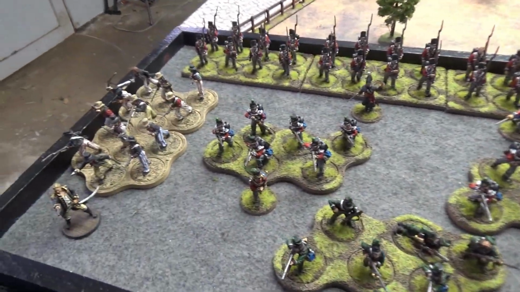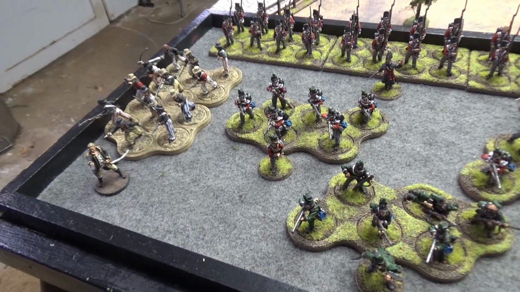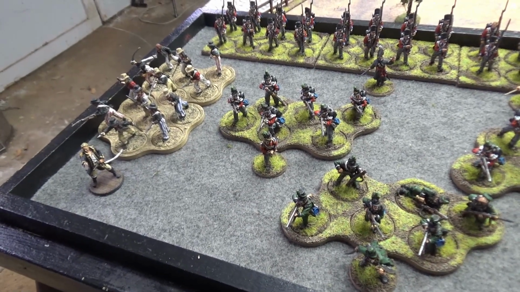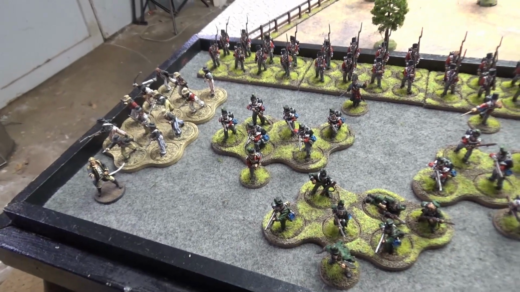Moving over here, we got a mob of sailors from the HMS Swallow, led by Captain Richard Clark. He's a level 1 leader. They are aggressive. They have mixed weapons, which means they fire at half effect, and they have pikes and cutlasses, which means they fight as clan in the first round if they